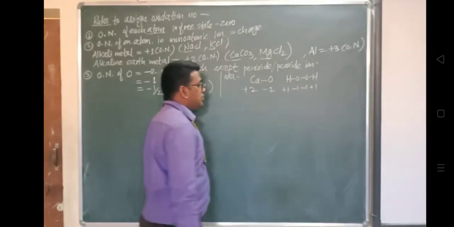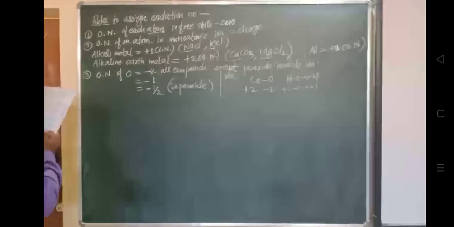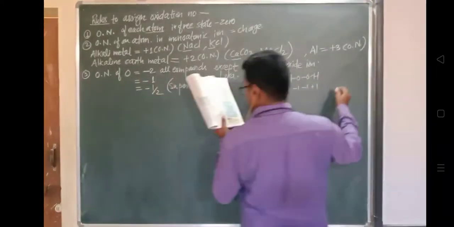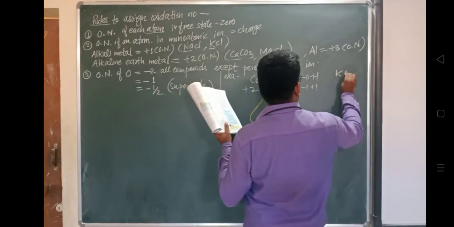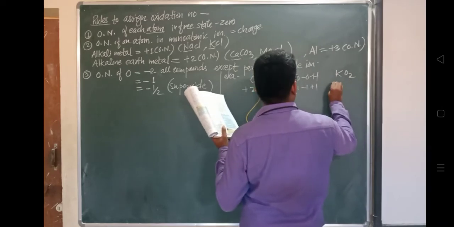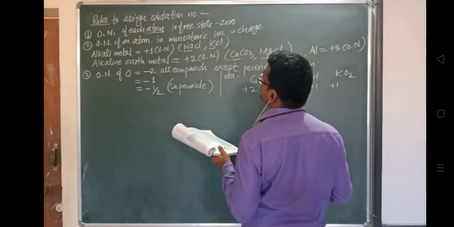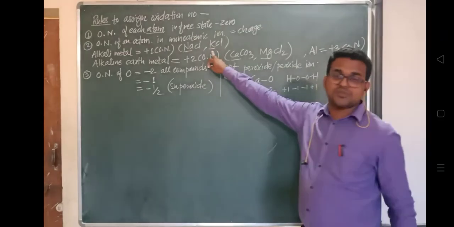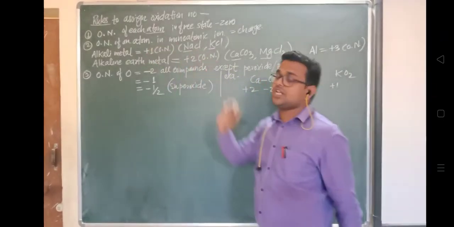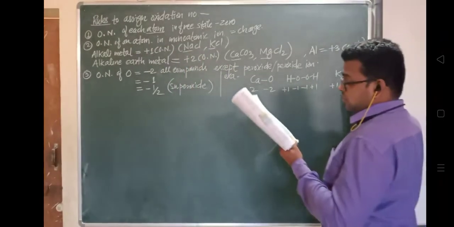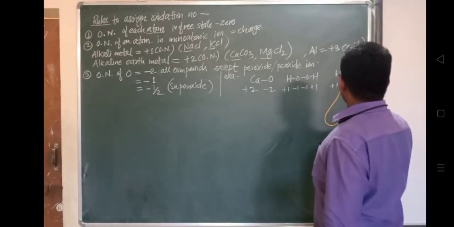And sometimes, yes, KO2. चलो example देखते हैं. KO2: here potassium has +1 oxidation state, आप देख सकते हो यहाँ पे potassium K +1, and here O2 will have the oxidation state of -1/2.